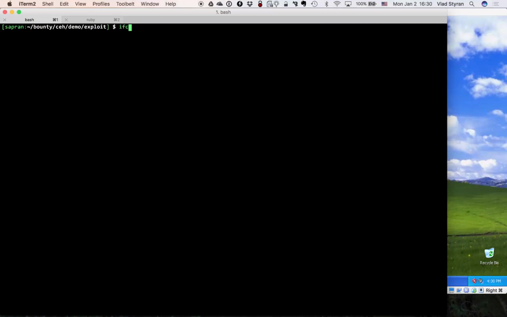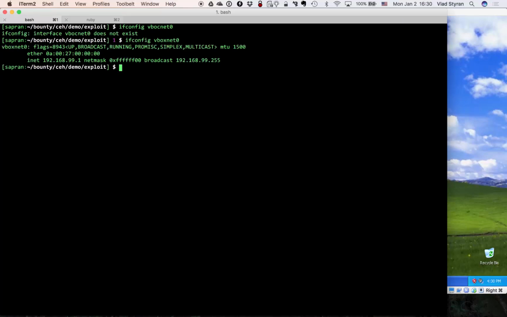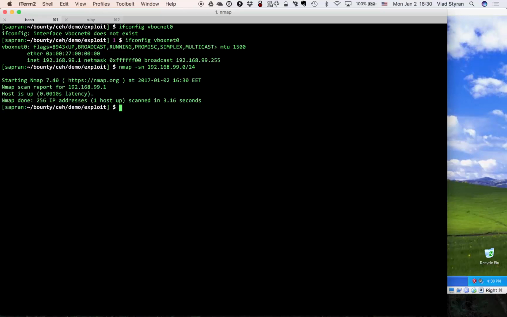I have this virtual adapter, right, created by VirtualBox. So this is the interface. Let's first identify what other hosts are in this network. Yeah, it looks like